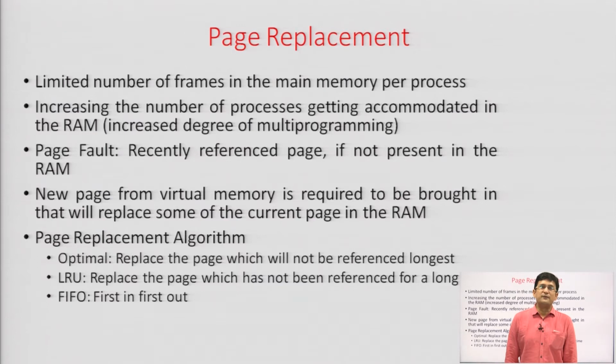So, whenever a page is referenced by the CPU, it means an instruction is referenced by the CPU and that lies in some page, that page is looked for in the RAM. If present, we will give the instruction from RAM space to the CPU for execution. Otherwise, we will declare that this is a page fault, because the page which is required is not present in the memory. Because of this, we will be bringing a page from the virtual memory space to RAM, and this may require the removal of one of the existing pages in the RAM.